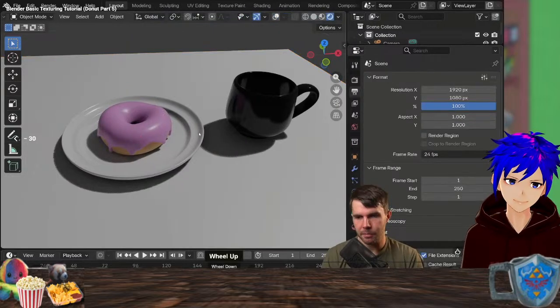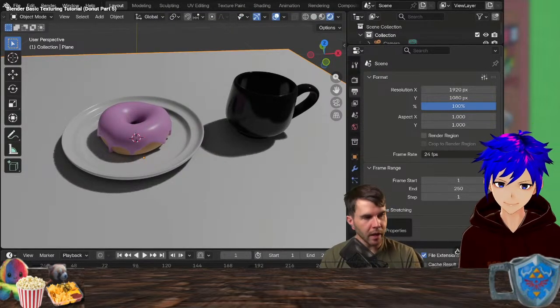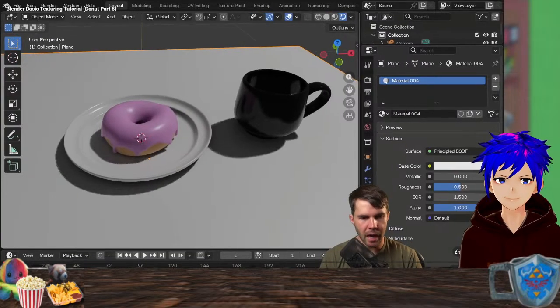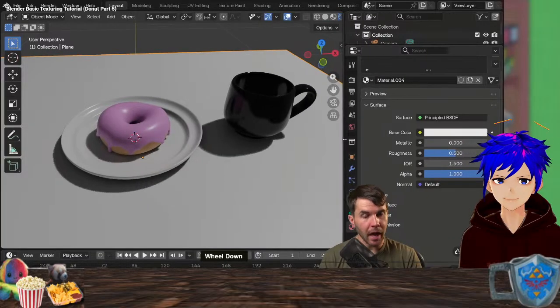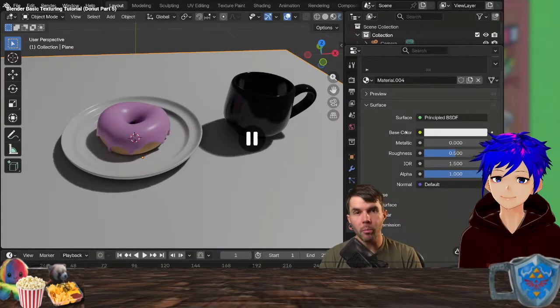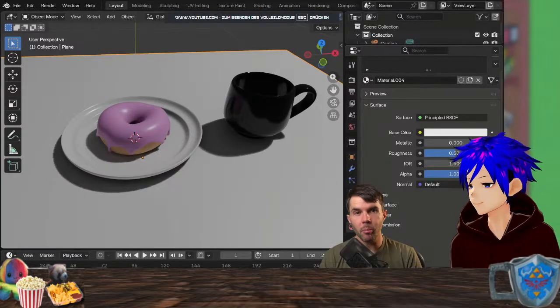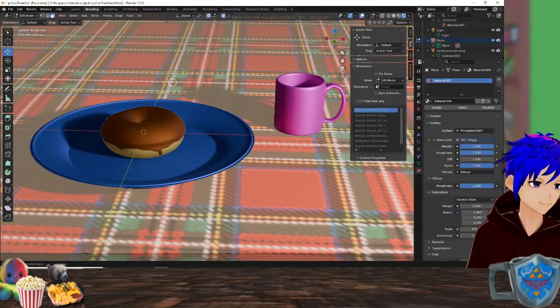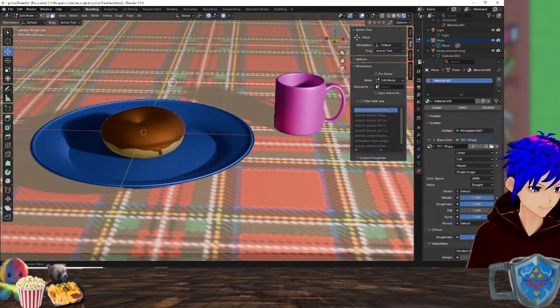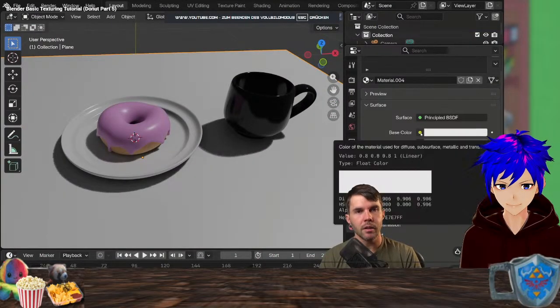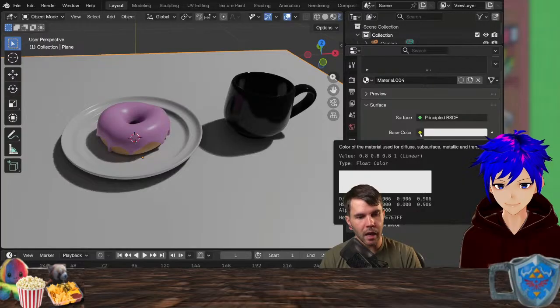We got base. So I'm going to select my table floor here. I'm going to go to the material panel right here, and I'm going to add a new material since it doesn't have one. And let's look at how to add a texture. So right here where we got... Okay, where base color is. Why am I base color? Base color. If we want to add a color texture, we just click on this little yellow dot next to